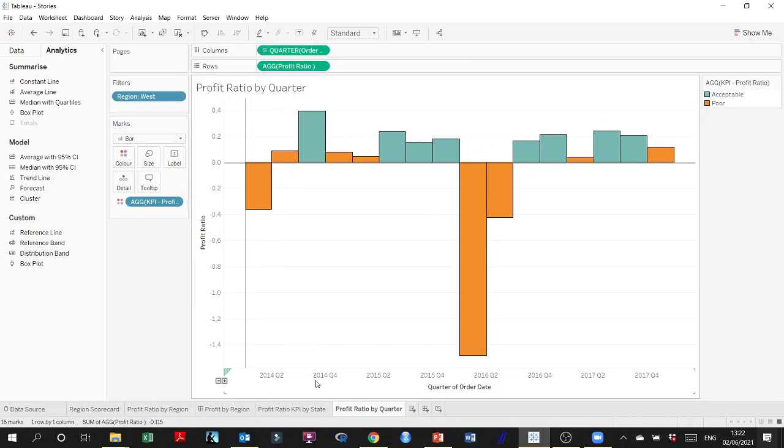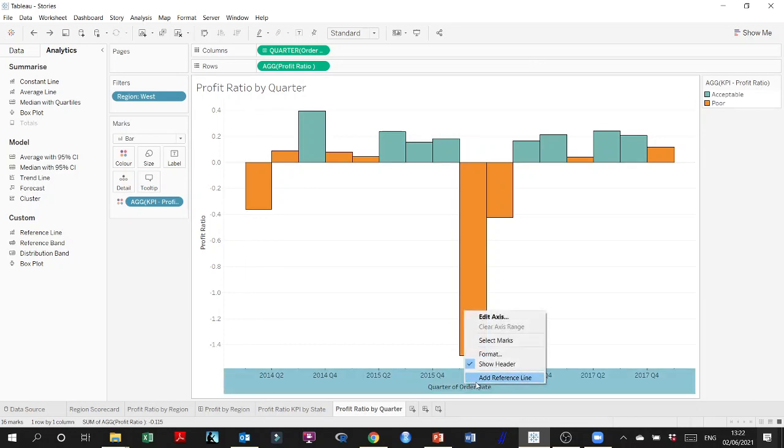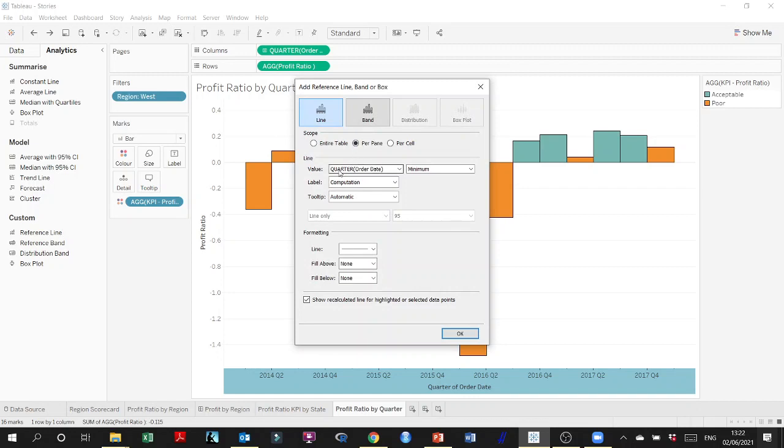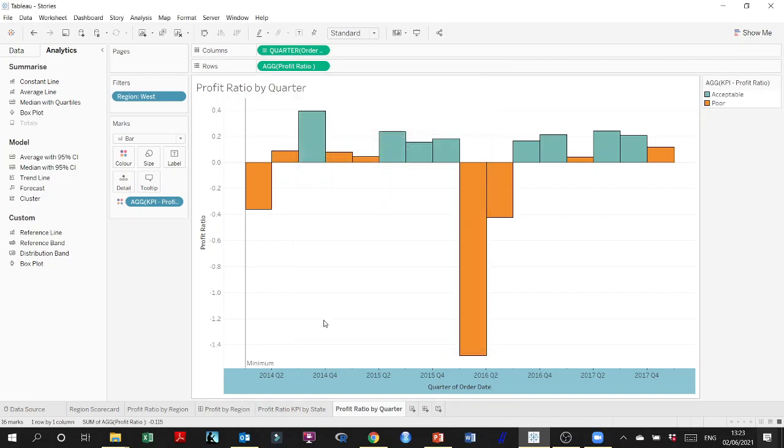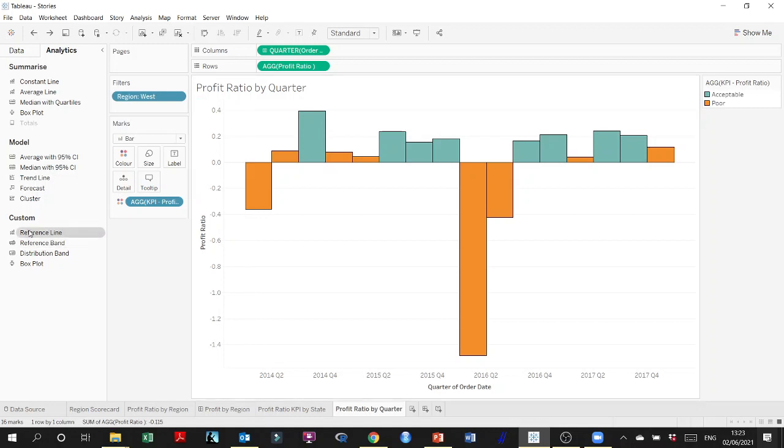Or I could just Control Z, I could just add a reference line here, and from the reference line I'm gonna have... first of all it should be per cell, right? Why is it order date? It's not even a parameter. Wait a minute, something has happened here. Okay, so let's hope that now is all right. Okay, so I'm gonna